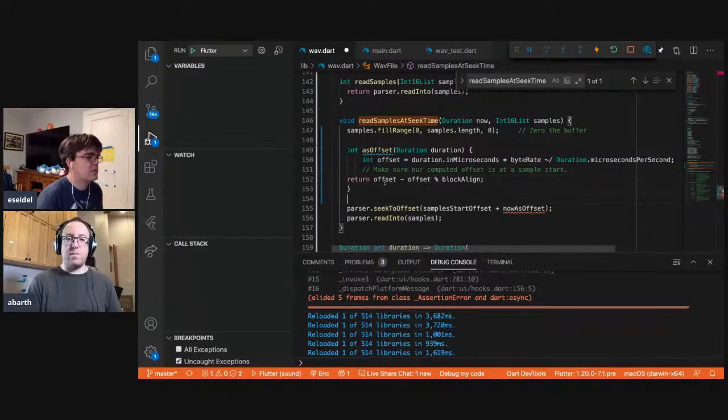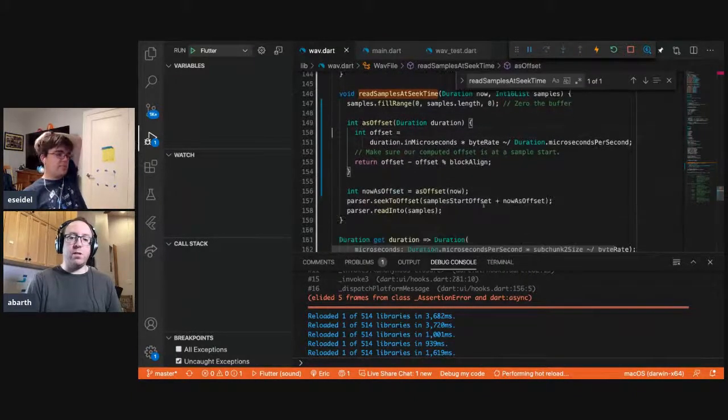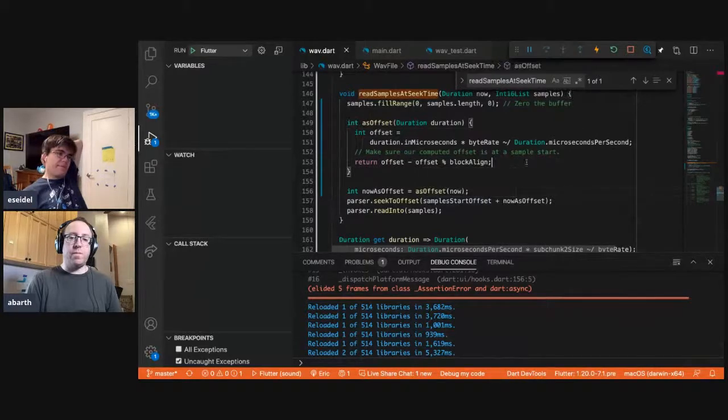And so int now as offset is equal to now. Right. So I guess what you're really saying is we just want to bounds check at the end. We want to look at the offset for the end. So offset plus samples, and then check that against the chunk size.